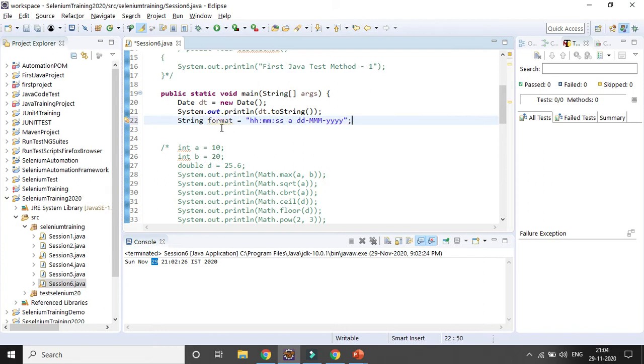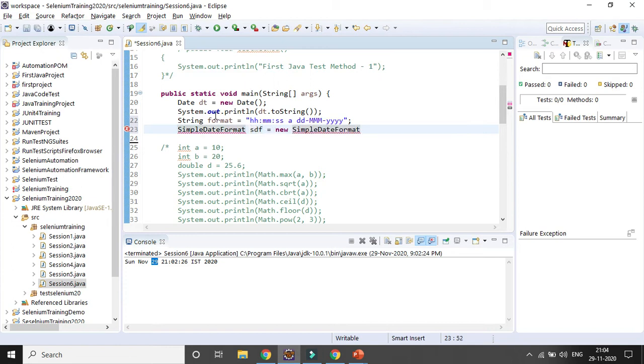So this format I want to get it, and I need to close with inverted comma, I need to close with colon. Now after that I need to use another class called simple date format, where I will format the date, right? I will be using simple date format. This is the class available in Java. You need to remember simple date format, S, D and F will be capital, equal to, sorry, I will be getting another variable SDF. This is the variable, equal to new simple date format, and where we will be passing the format variables.